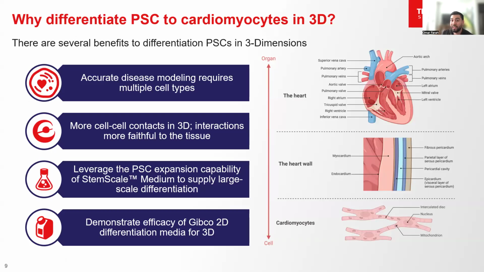With that being said, I just mentioned not too long ago that most of the methods that have been developed on the differentiation side have been in two dimensions, right? On a monolayer, which has served as a really useful tool and continues to do so. I strongly believe that. But there's a lot more work that's starting to look at how we can expand on our understanding of these 2D models and perhaps make them a little bit more complex, where we can start to incorporate the 3D biology aspect into the differentiation process,